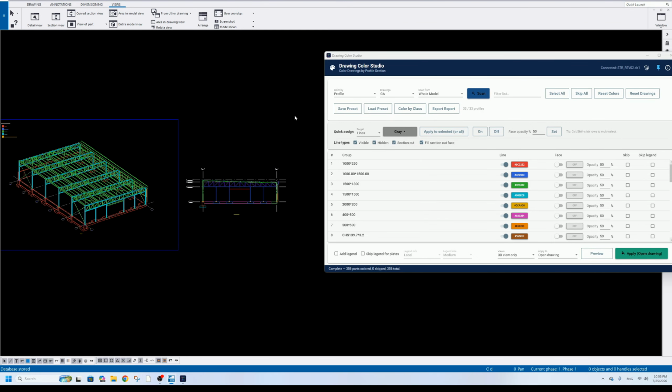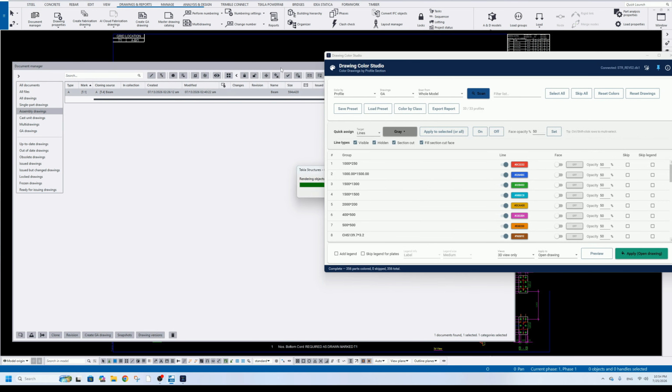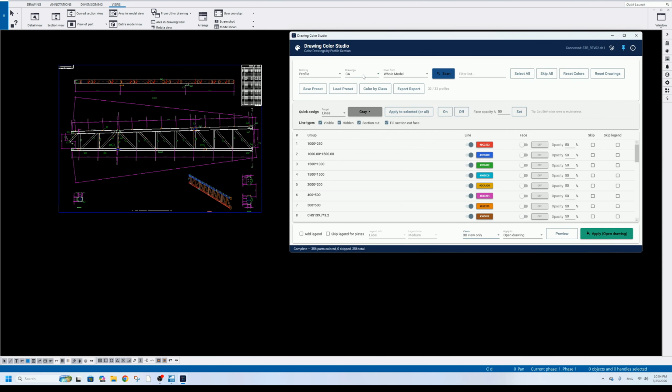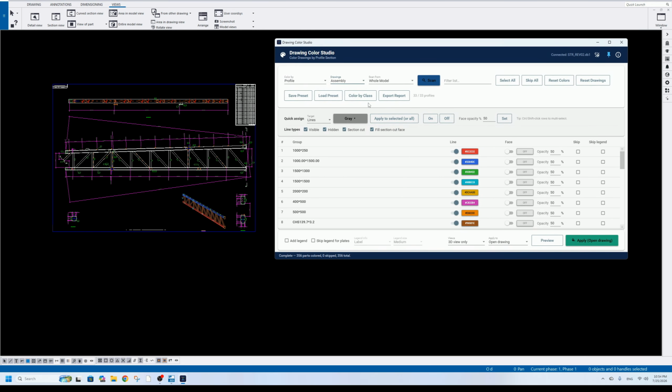Let me open an assembly drawing here. Now the scan from option becomes useful. We can scan from the whole model. If I scan from the whole model, it brings all profiles, all phases, and all materials from the entire model, even though I am focused on one assembly. But if I scan from the open drawing,